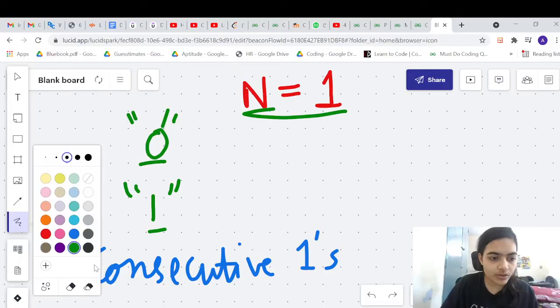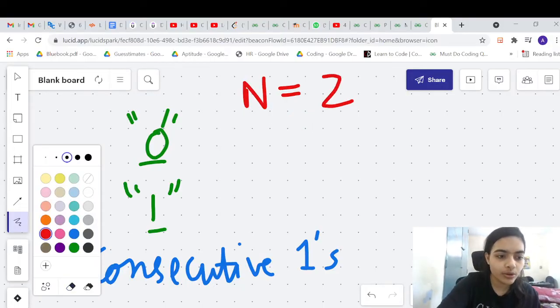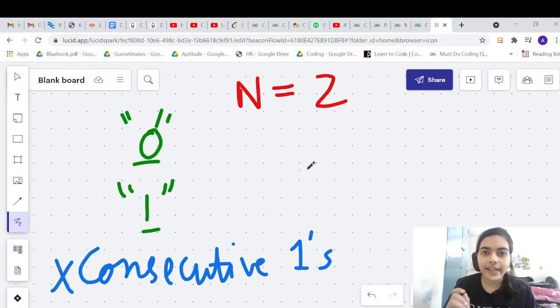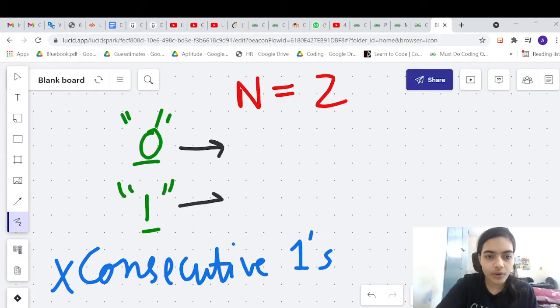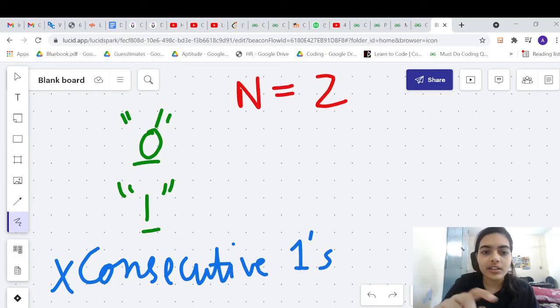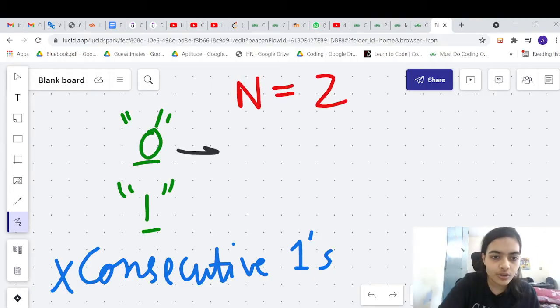Okay, now let us go to the next case when n is equal to 2. In that case we have to build the next string. We already have strings of length 1. Now we just have to attach one more character to make them strings of length 2. Let's think of all the possibilities. We have only two possibilities: either you attach 0 or you attach 1 at the end. We will take both these strings first and attach 0 to the end of them. This will be the first case.